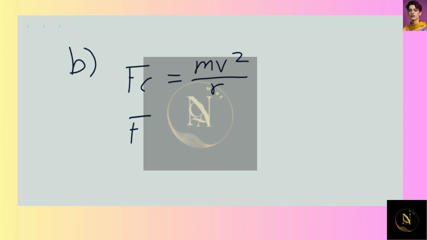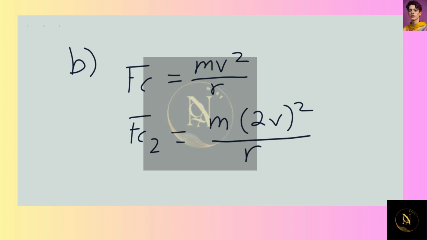Well, let's try it. If we have Fc2, I'll denote it, then we would have m times 2v squared over r. Since 2 squared is 4, and if everything else was held constant, we would have 4mv squared over r. So the answer is that no, it does not in fact double, it quadruples. And that is our answer to the second part of the